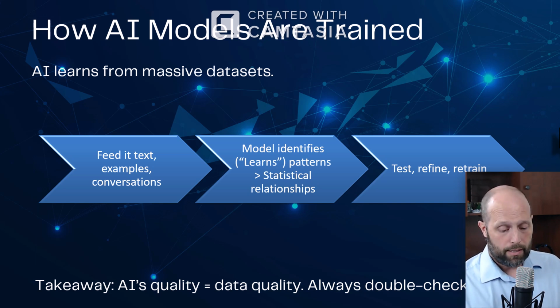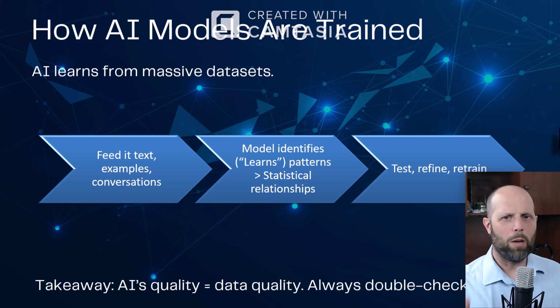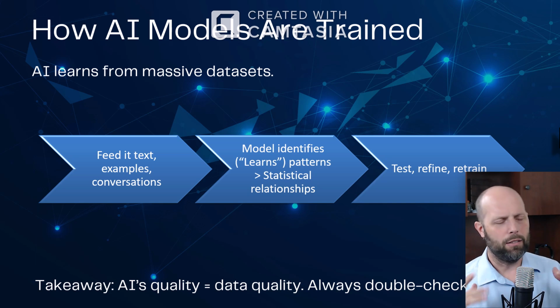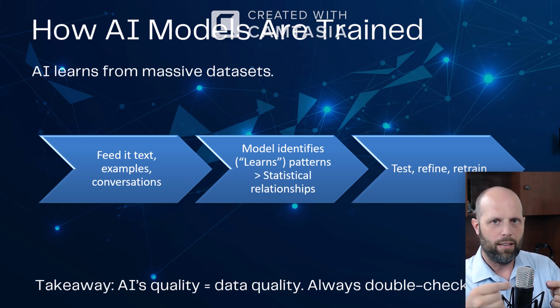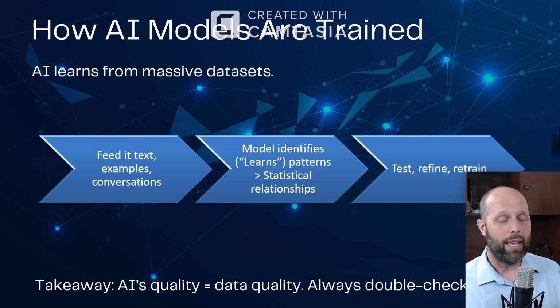Then as you continue to train an AI model, you test it. You put some prompts in and say, hey, give me this output, and then it'll do its thing. And you have to test whether it synthesized or predicted an appropriate outcome. All right, so really that's how an AI model is trained. A whole ton of data is put into it. It then synthesizes and says, okay, these must be the correct answers and the correct ways of synthesizing the way to the correct answer. And then the third step, of course, is we train it, we refine it, and that sort of thing.